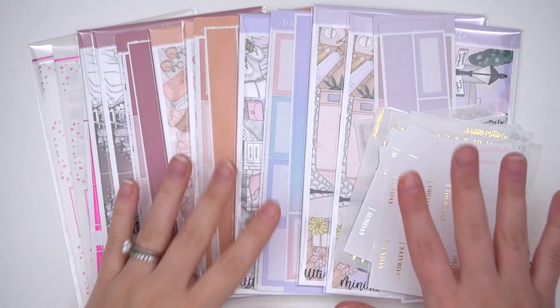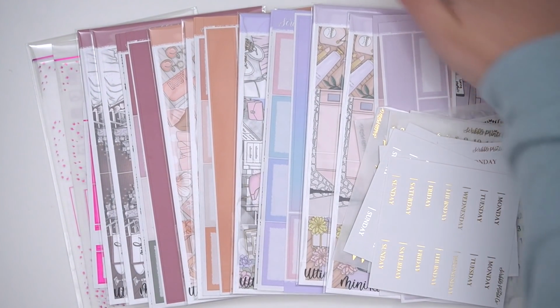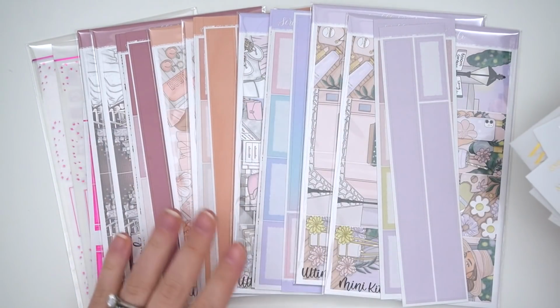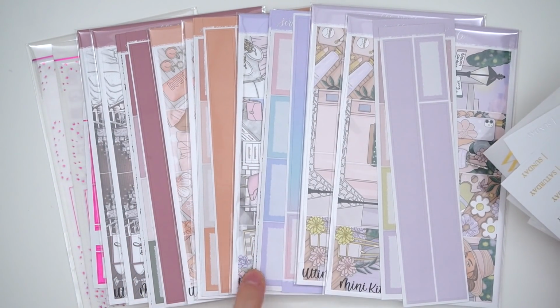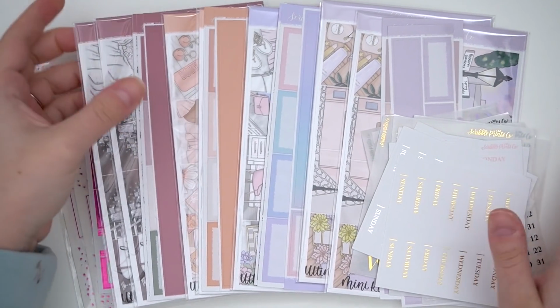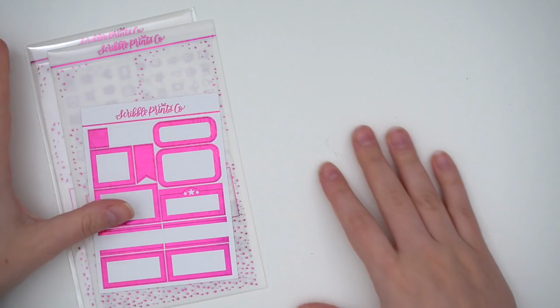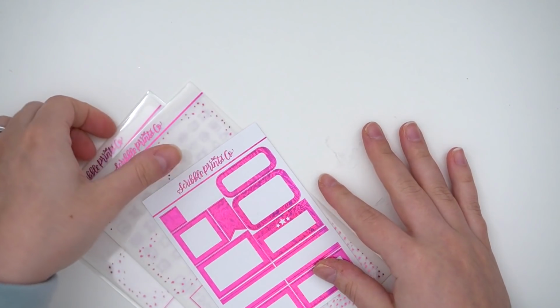Hey guys, it's Andrea, and today I'm coming at you with this week's new releases. I have quite a few foil items to release for you guys, along with 4 collections. Everyone has been releasing so much really cute art, and I am super excited to show you all of the